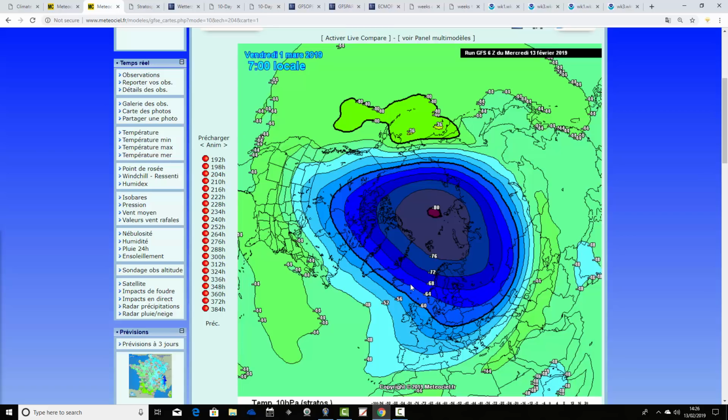So there'll be a sudden stratospheric warming again that will mark the end of the polar vortex for this season. But when it's going to happen, we won't know. As I say, it's normally in March or April. But maybe this year it'll be delayed. It looks so. Certainly at the beginning of March, you'll keep very cold temperatures going out to 10 HPA over